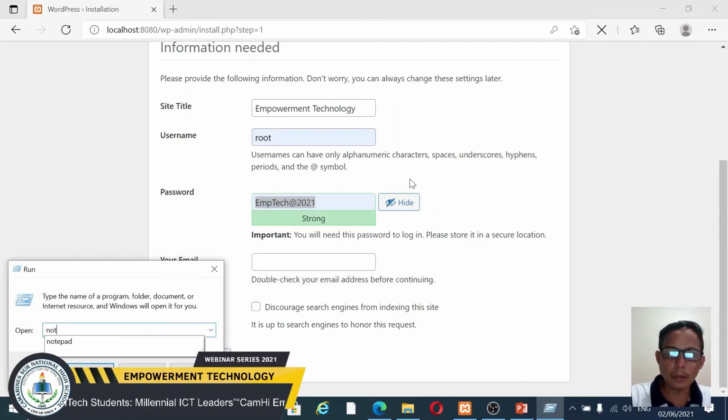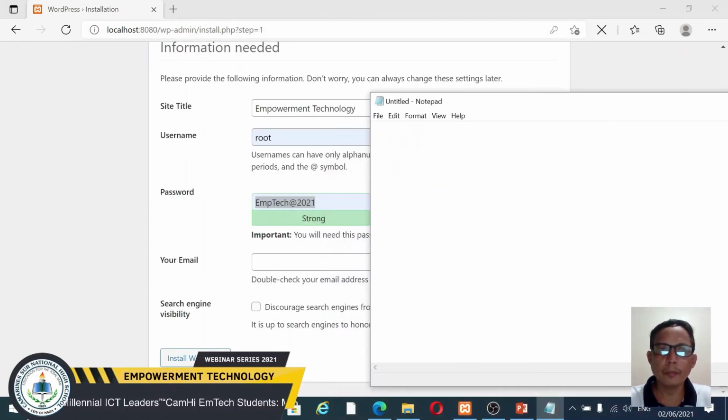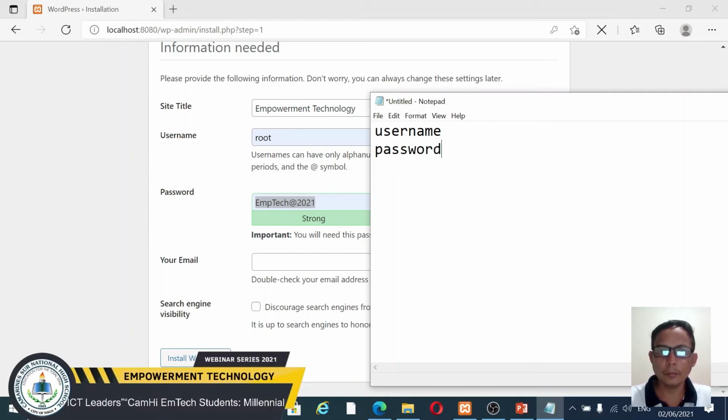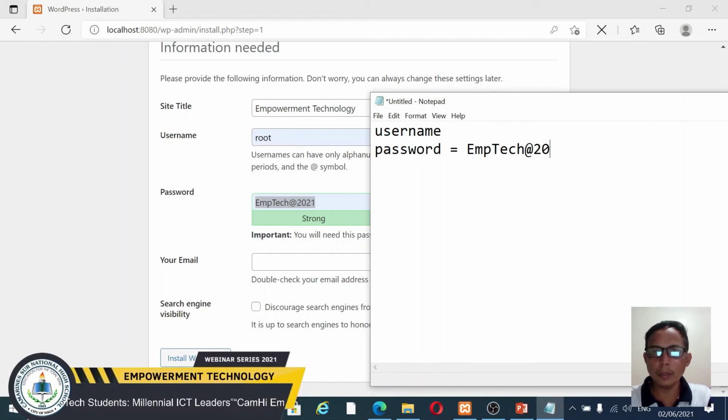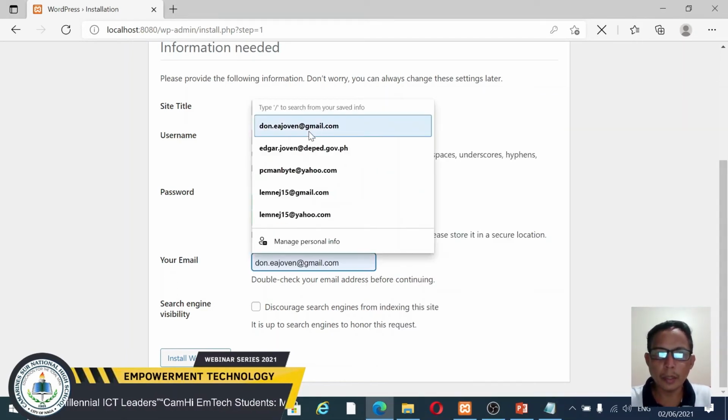You need to note the username and password. Then the email address.